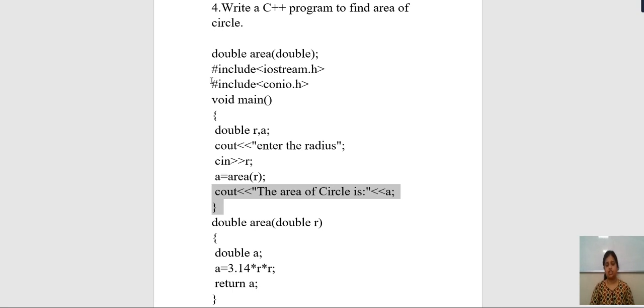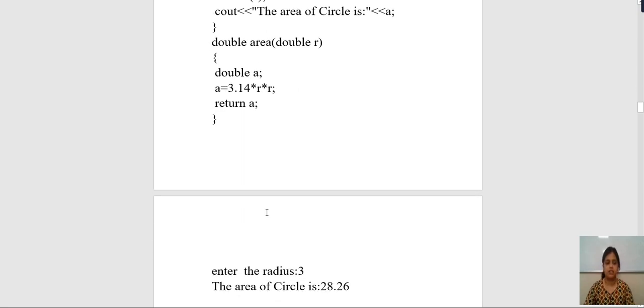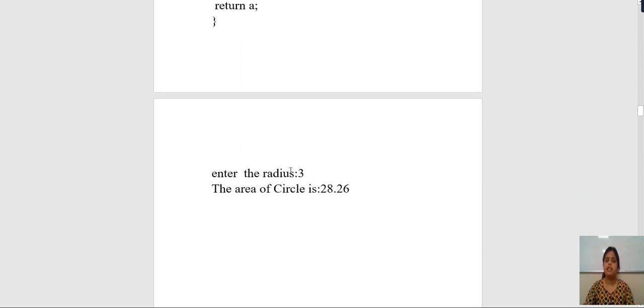In the function definition, you write the formula used for calculating the area, and then that formula is returned and displayed. See here, the output will be: enter the radius. If we enter the radius 3, then the area of the circle after calculating will display as 28.26. This will be the output which will be generated. Okay, understood?